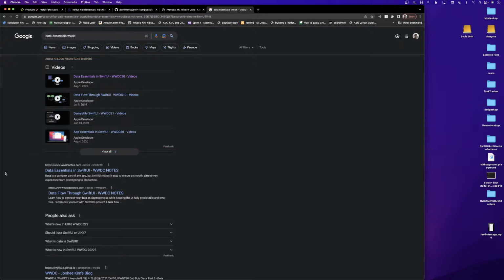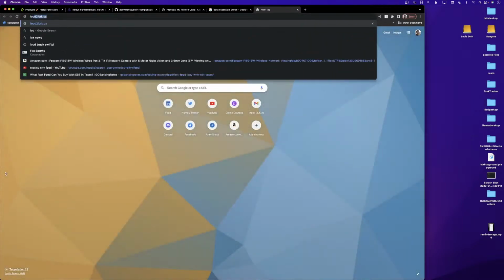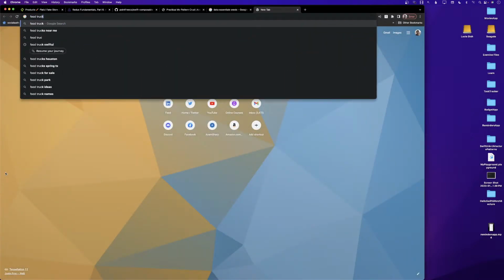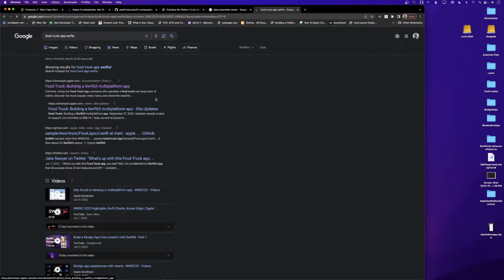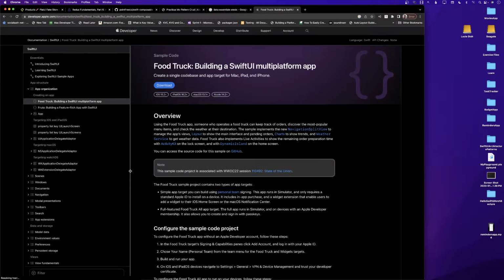I think some of the apps, now, Food Truck app, SwiftUI. So there are a lot of apps that Apple has done using SwiftUI that you can definitely check out and learn from them. All right, so one of them is the Food Truck app. This is an app that you can download. Here's the download button, and you can see how Apple is doing things. Try to learn from it. Try to rebuild the app or rebuild parts of it to find out.